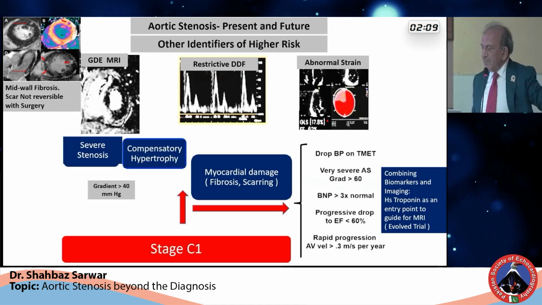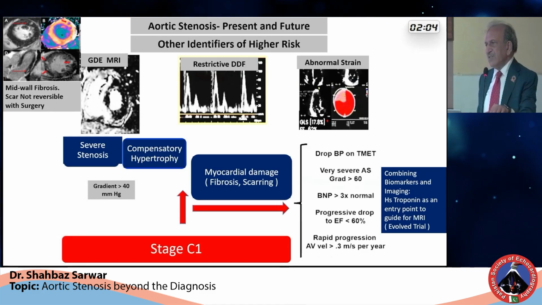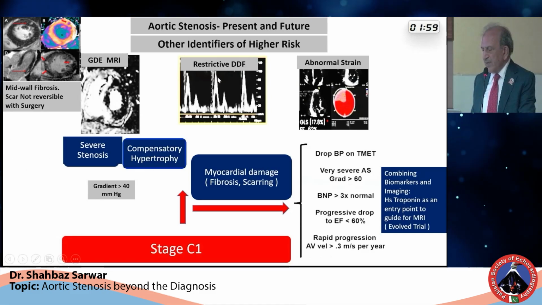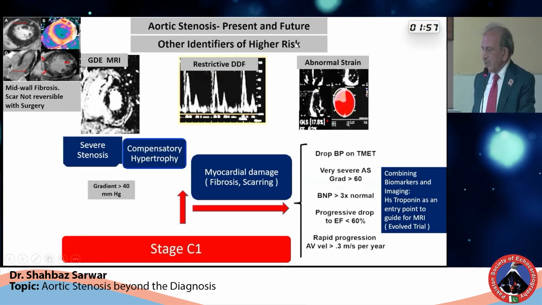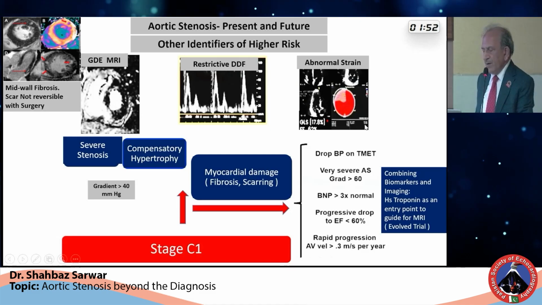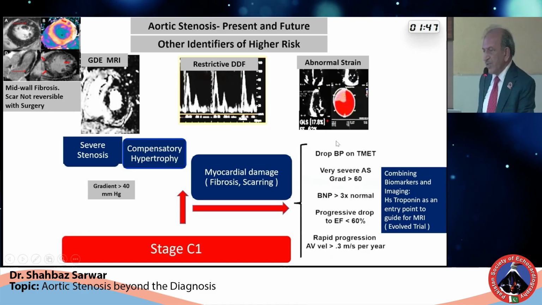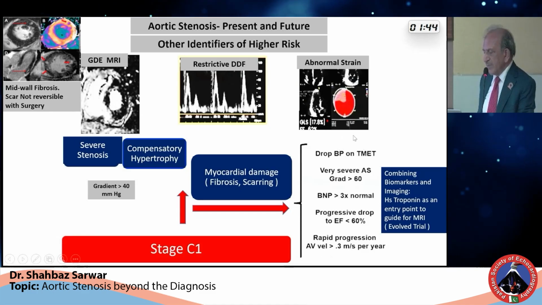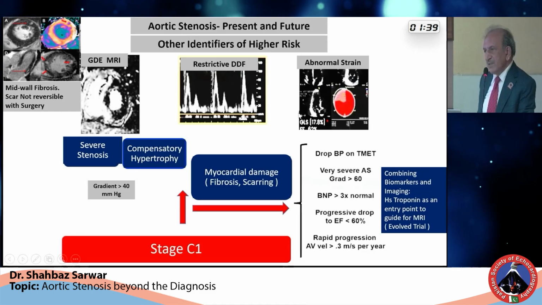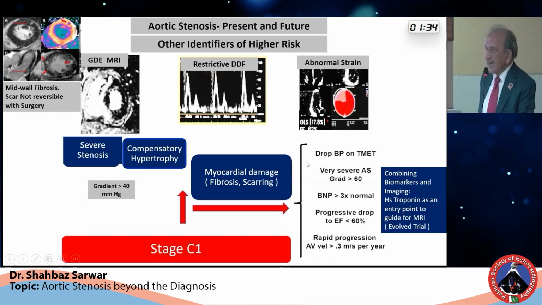And there are some other parameters which can help in picking up the patients, because not all of them can have a CMR or PET. So there are other things, like a restrictive type of diastolic dysfunction, strain which can be done on the echo, and then a drop in blood pressure when we put them on the treadmill. Although it's a very tricky patient, and we are very, very careful in putting patients with severe AS on the treadmill, they can be put on that. If there is a drop in blood pressure, they are the candidates for surgery or intervention. Very severe AR, and then the